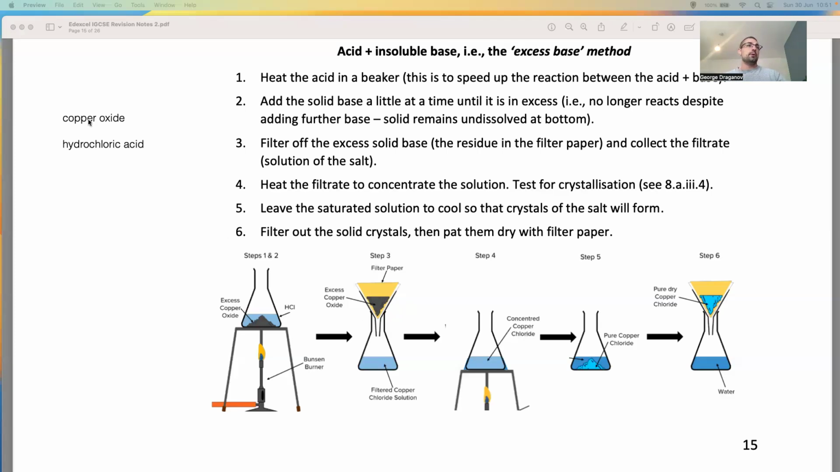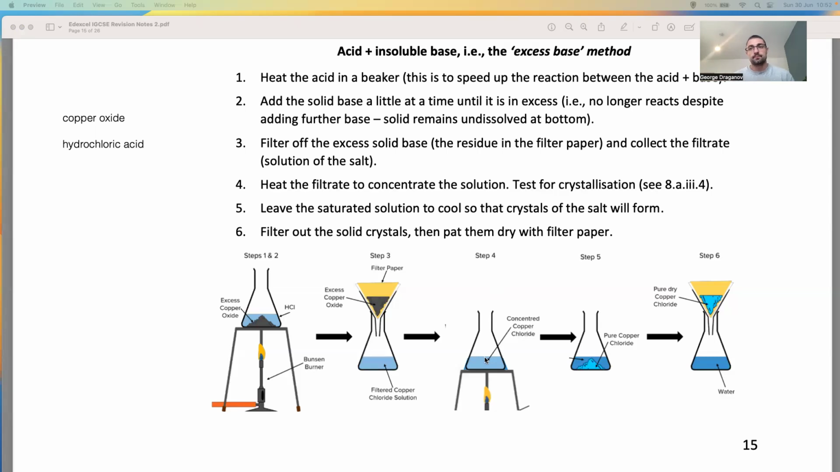Now the filtrate will just be copper chloride plus water. So then you just have to get the water out. Ideally, you should put it into not a conical flask, but an evaporating dish. And you would then heat it up gently until crystals start to form on the edges of your evaporating basin. You could test this by dipping a glass rod and taking it out and seeing if crystals are forming